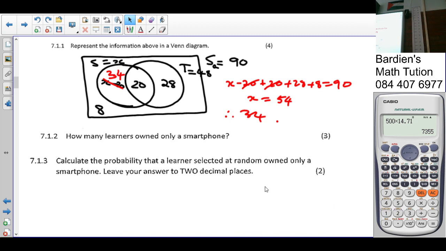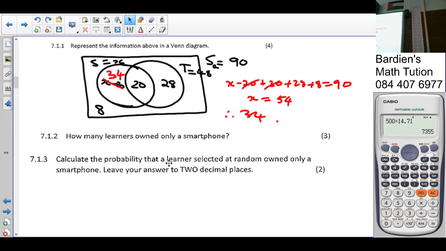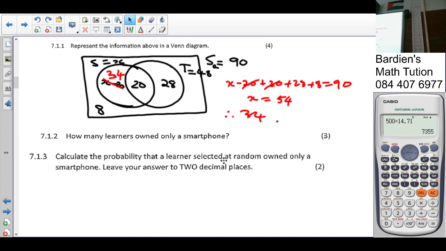Then the last question pertaining the Venn diagram. Calculate the probability. How do you calculate probability? It's number of favorable outcomes over number of possible outcomes. There are 90 students in total. So the possible outcomes is 90 to choose from. Calculate the probability that the learner selected at random own only a smartphone. So that leads into the previous question, not so? So the smartphone only comes in at 34. So it's going to be 34 over 90, which is